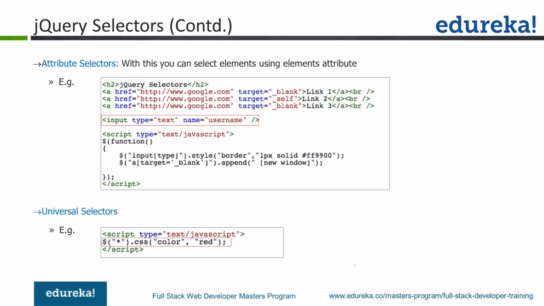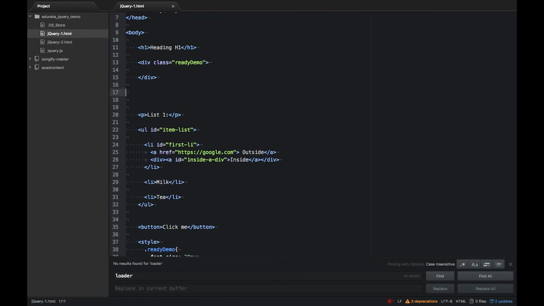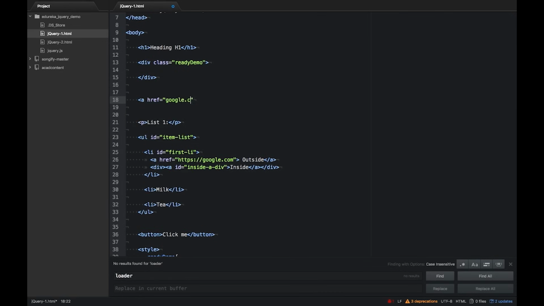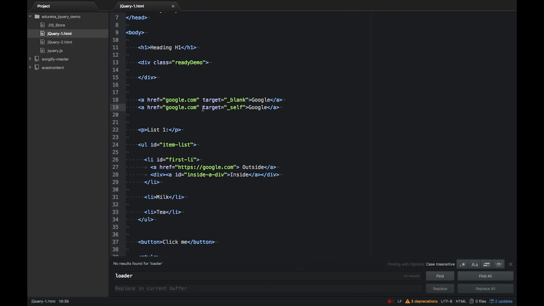Okay, moving on. Then, of course, there are the attribute selectors, which is by saying that, let's suppose there is an A tag and it has the target set as self, or it has an href which is set to google.com, and I want to select it and I want to modify the color of it. So the way this would work is that, let me just add an A tag over here, and the target is, so it has an attribute set on it, and then there is another one. Okay,